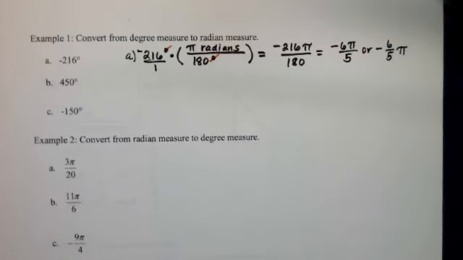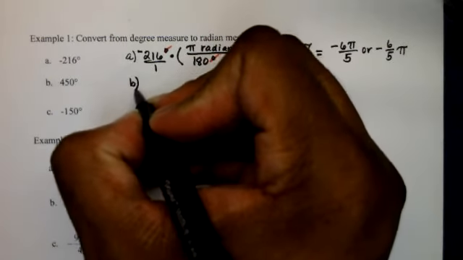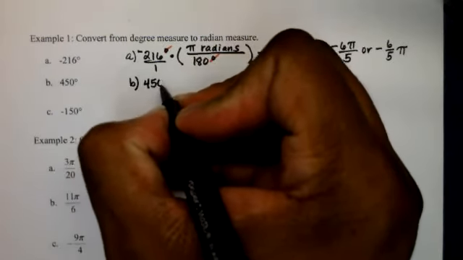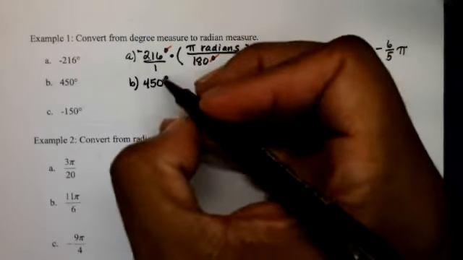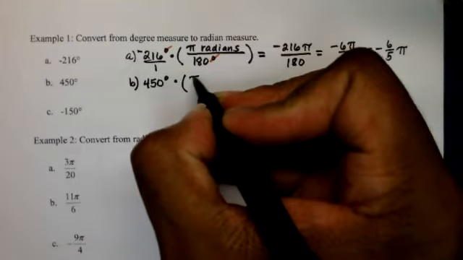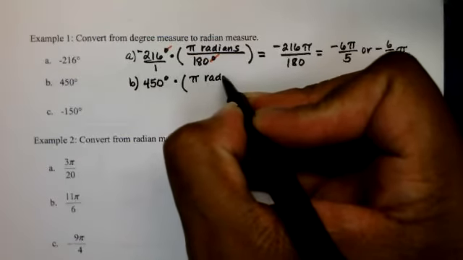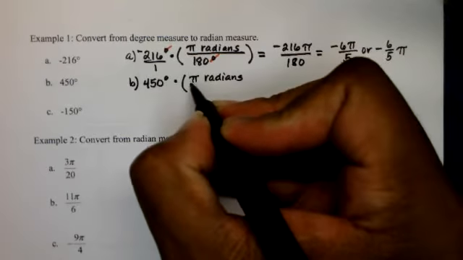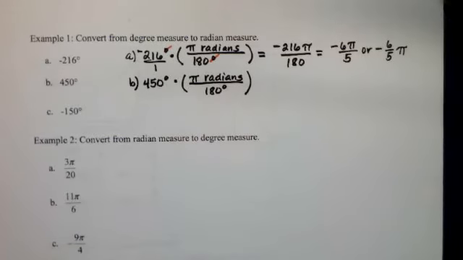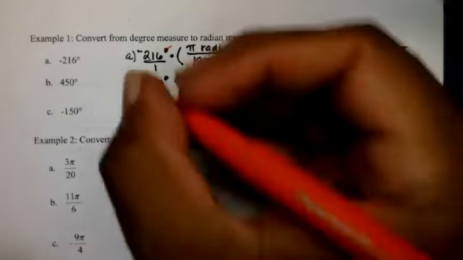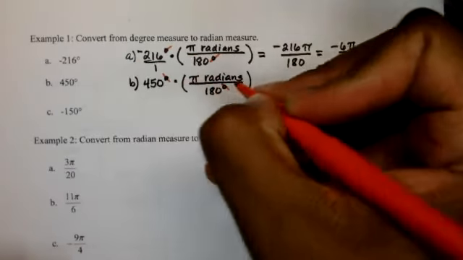Okay. So that's how we convert from degree to radian measure. Part B, 450 degrees. Let's convert that to radians. So here, using that same conversion, it'll be pi radians on top, and we're converting from degrees, so the degrees have to be in the denominator. So it'll be 180 degrees in the denominator. That way, your degrees divide out,